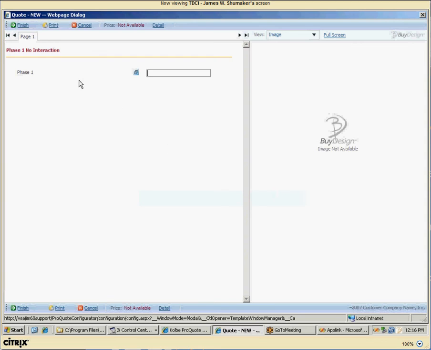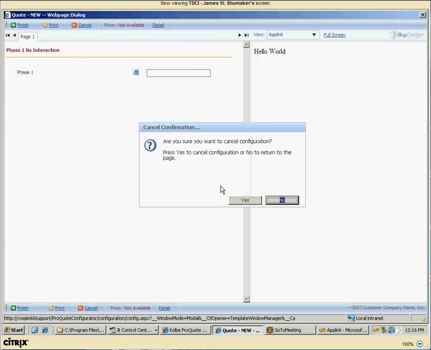and you see our first screen with our screen option phase 1, and we have this icon right here, which is our application link. I can go ahead and click on that, and on the right hand side, just as we expected, we see Hello World. Not all that useful, but let's go ahead and see if we can change that. So I'll cancel configuration,